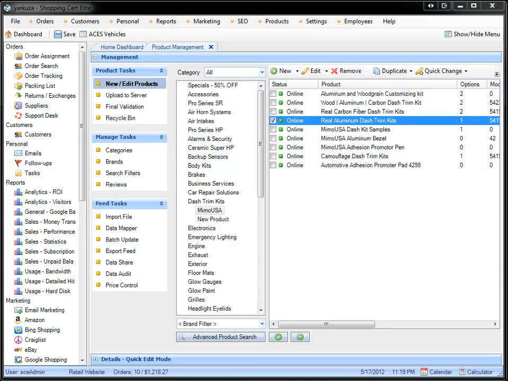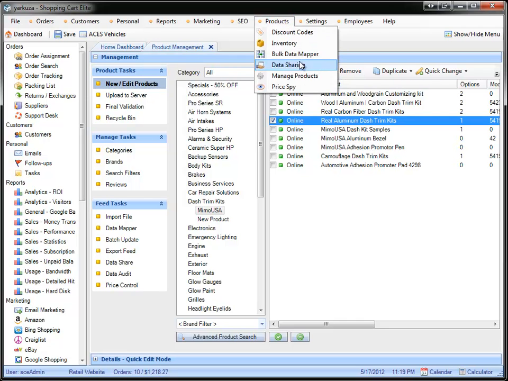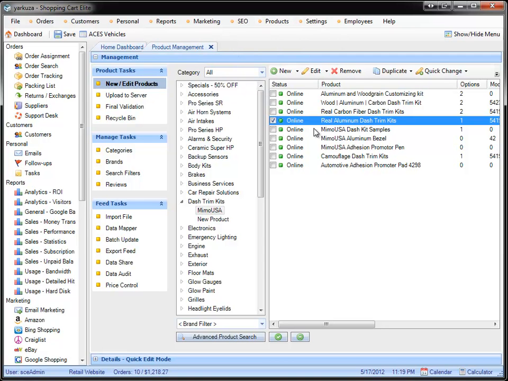In this video, I'm going to set up an eBay auction and I will show you how that's done. So the first thing is I want to go to products, manage products, choose the product I'm going to list. I'm going to edit it and I want to add search tags to it. And the reason I want to do that is because the search tags will be passed on to eBay, and when